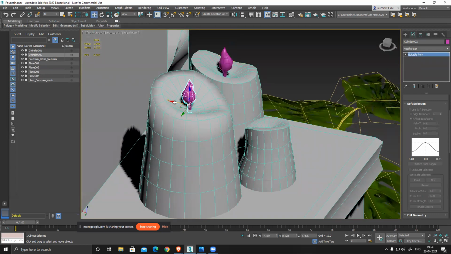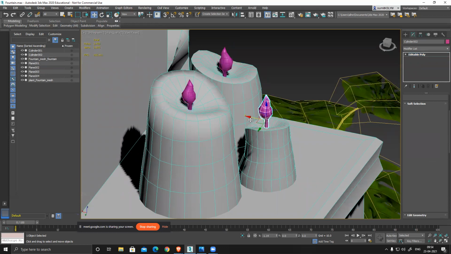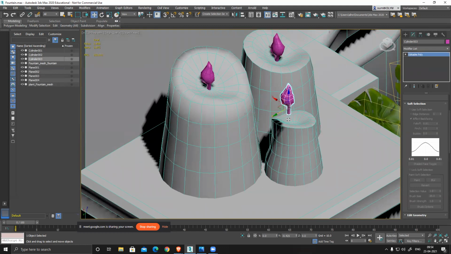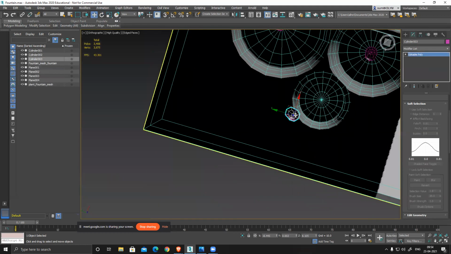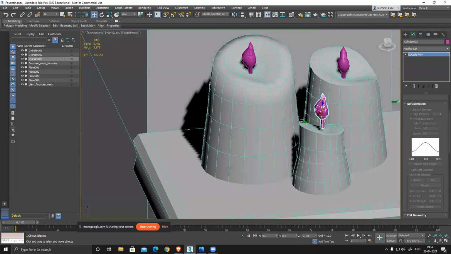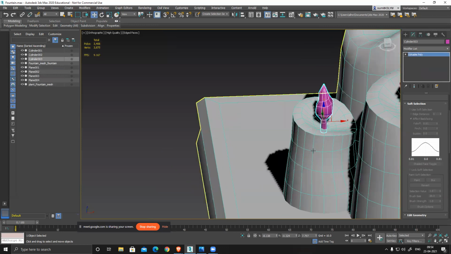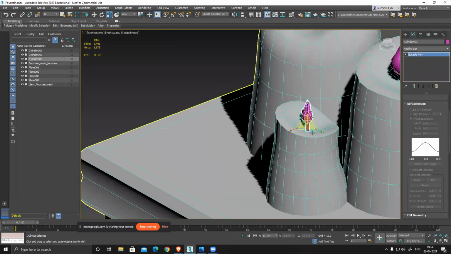and symmetry, like duplicate this again. Little smaller.